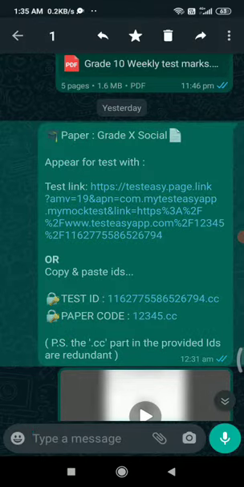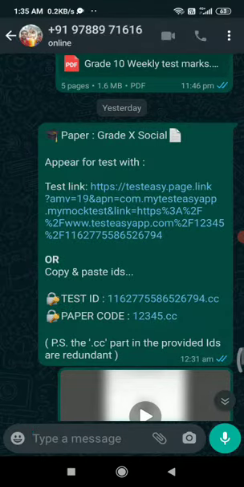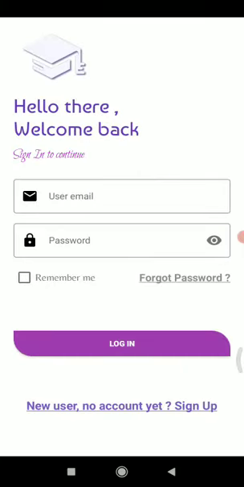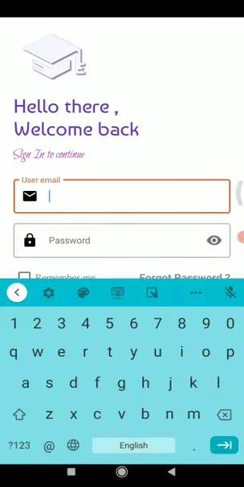This is the test link, and here you can see the appear-for-test message with the test link. There is a blue color link, just click on it. When you click on it, it will show this type of options. Here you have to choose Test Easy. Once you click Test Easy, after that you have to give your mail id.